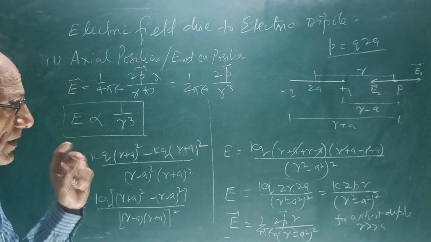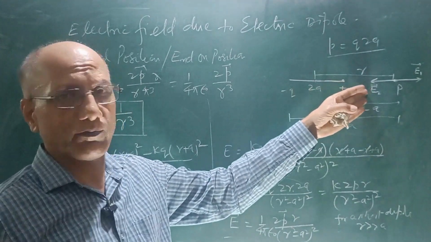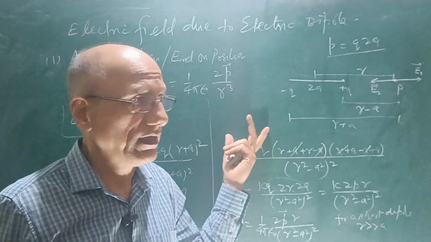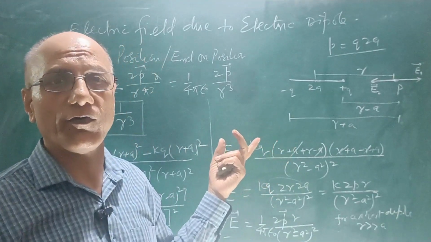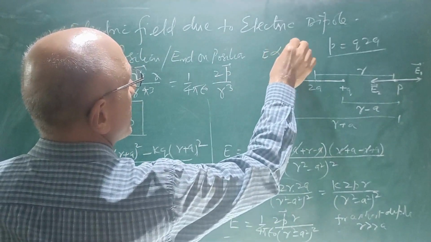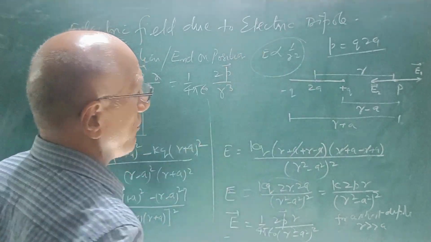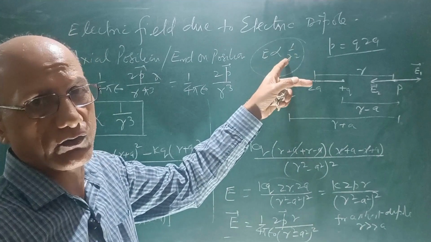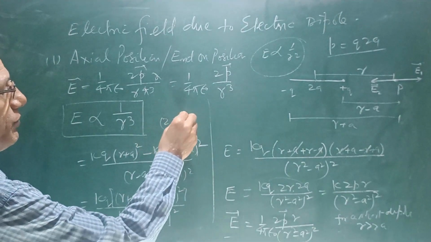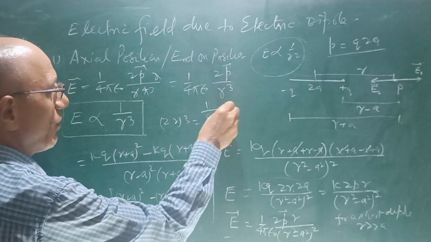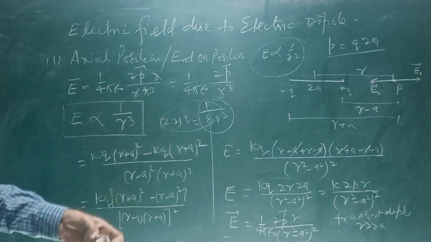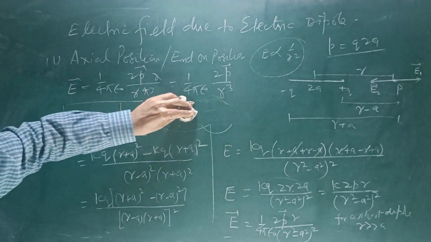If the distance of the point is doubled, then by what factor this electric field will change? So it will become 1/4? No, it will become 1/8, because the electric field of a point charge was inversely proportional to the square. वहाँ आप स्क्वायर करते थे तो 2 का डबल होने से 4R स्क्वायर हो जाएगा, लेकिन यहाँ पर क्यूब है, तो it will be 2R cube, that means 8R cube. So it will be 1/8 of the इनिशियल इलेक्ट्रिक फील्ड। तो डिस्टेंस डबल करने से वो 1/8 हो जाएगा,